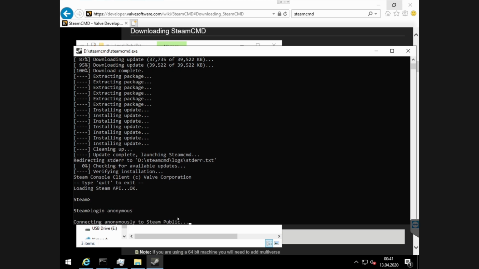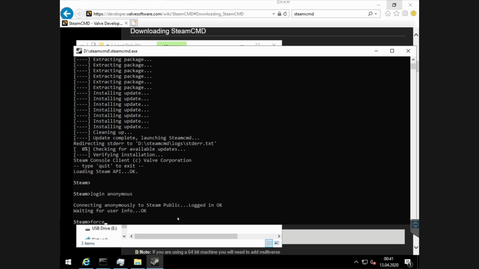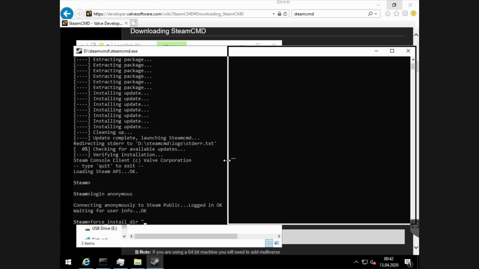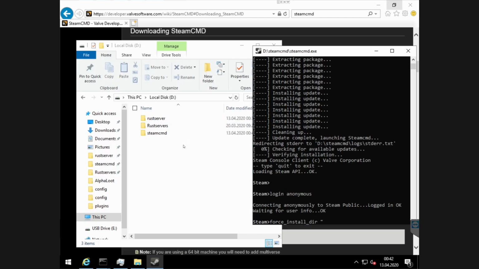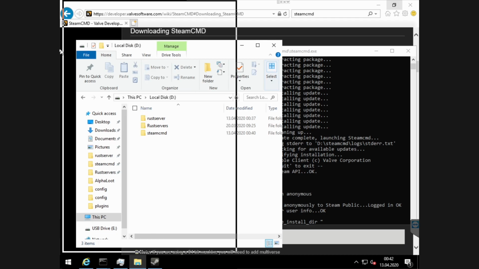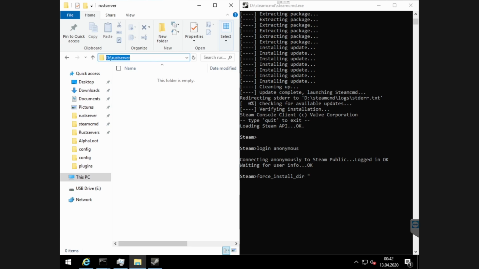So what you're gonna want to do now, when SteamCMD has finalized its install, is log in anonymous and also force_install_dir, which means directory, and wherever your server is going to be located. So for my instance, it is in this folder right here. So it's d: